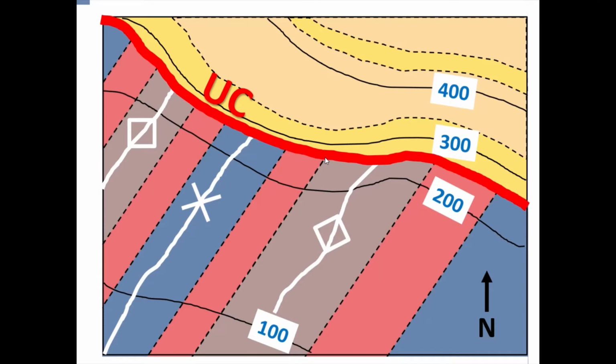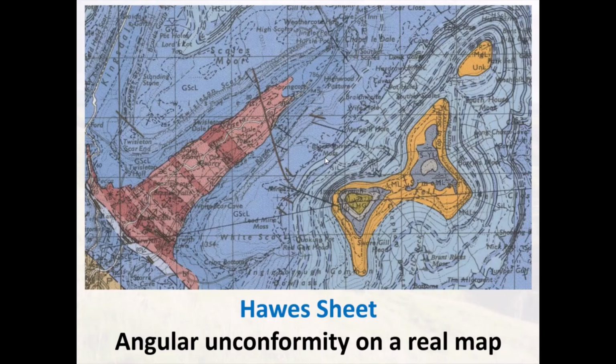Okay, so let's have a sort of a thought exercise based on a picture of a cliff. And this is an example of a real geological map which shows that sort of thing. This is from the Hawes sheet, which isn't too far away from Ingleton, where we would have gone before the world changed. But what you can see in Ingleton is you have these horizontally bedded carboniferous limestones, and you can tell they're horizontally bedded because of their outcrop patterns being more or less parallel to the ground contours. So you have this whole sequence of limestones,